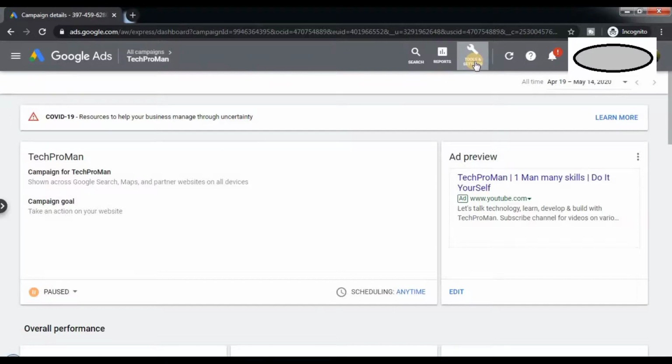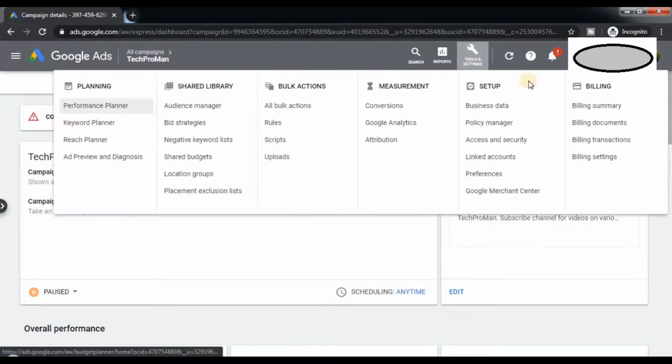Now, an important thing that I want to let you know is the billing summary, billing settings. The rest are different features available in Google Ads, which I am not going to cover in this tutorial because this is just a basic tutorial, and there are other reports that you can get out of your campaign that you have created. But I'll limit this tutorial only to promoting your YouTube channel, the budgeting settings, the keyword planner,